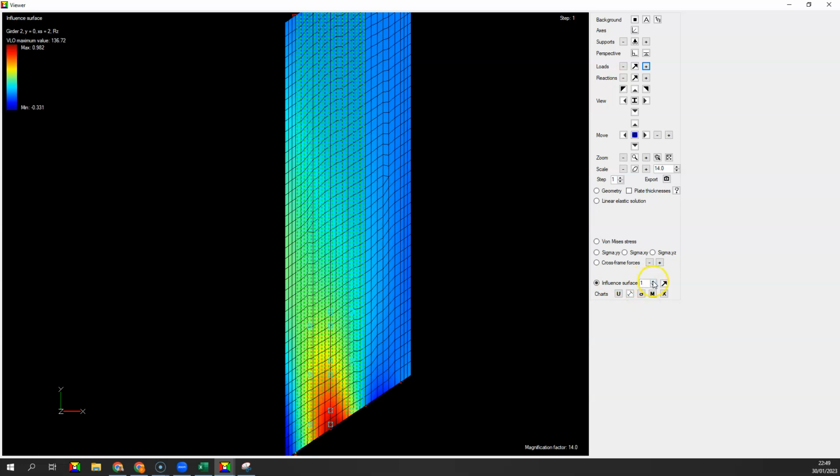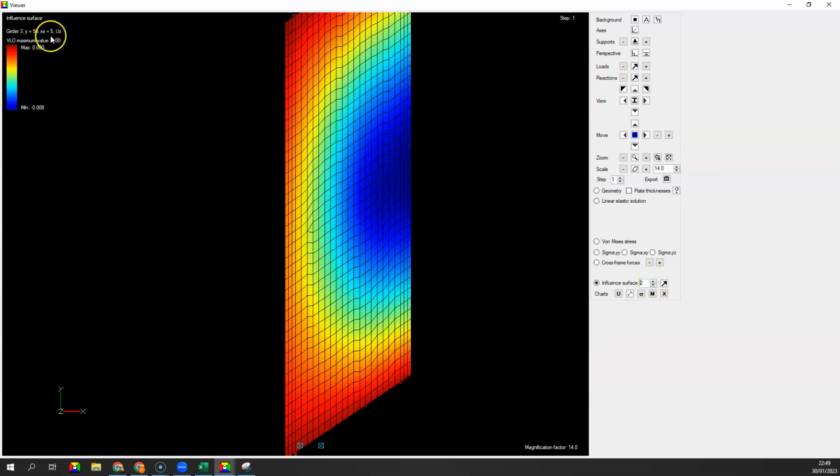Let's now go to influence surface number 2, which is about the displacement, so UZ at cross-section node number 5, so that's the center node on the cross-section, at girder 3 at y equals 59 feet from the abutment. As expected, this is negative. The bridge is simply supported, so any load applied on the deck will lead to a negative displacement on that node. If we click on that button again, we will see the critical vehicle configuration to maximize the vertical